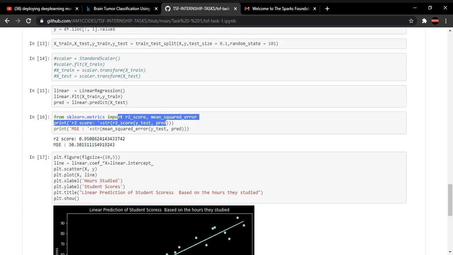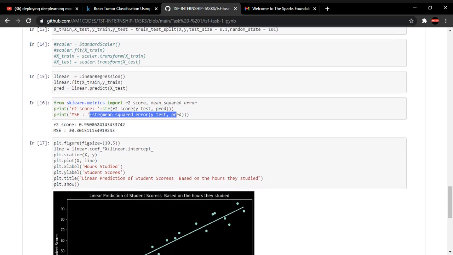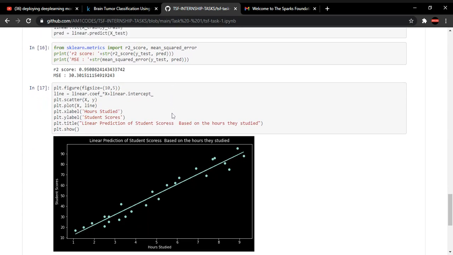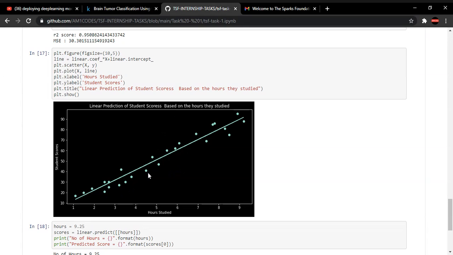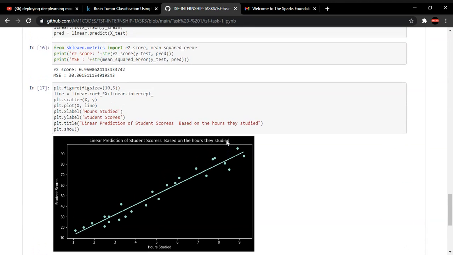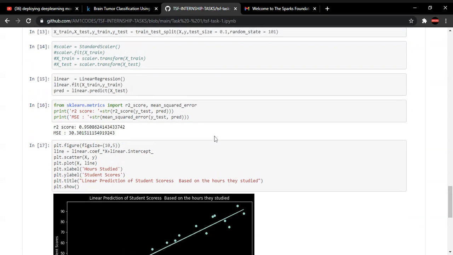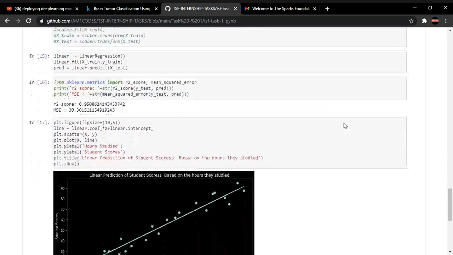Then we checked the metrics and the mean squared error that we were getting on it, and went on to make a plot. So as you can see, many of these points are very close to the line and also lying, or some are lying on the line and some are far away. This might be mostly because the data is very small. If we had a bigger data set and we could actually use a standard scaler, I think the model would give